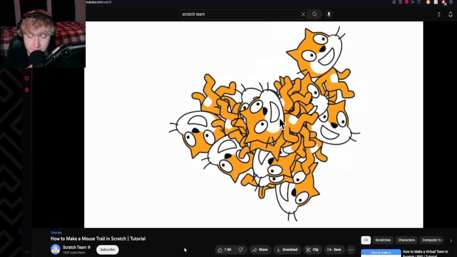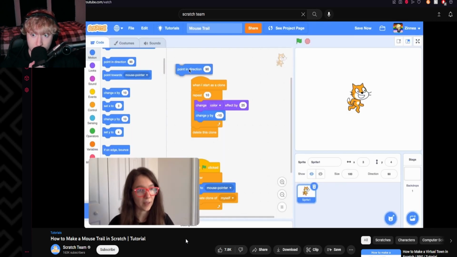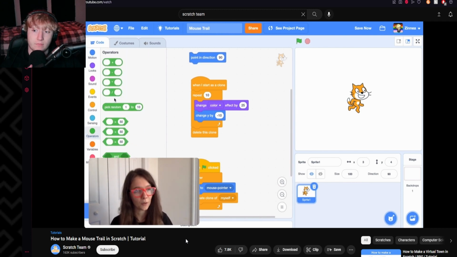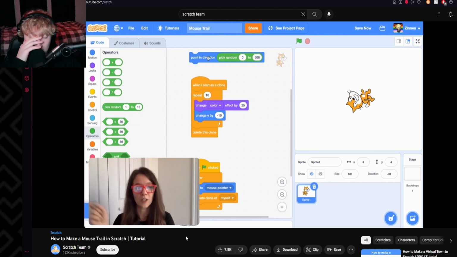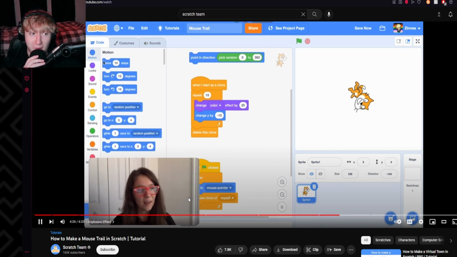Whatever. So the way to do that is you can drag out this point in direction block, which will make a sprite point in a certain direction. And if you put in this pick random block, and put in pick random 0 to 360, then it will point in a random direction from 0 to 360 degrees. And if you do that, then if you click the move 10 steps block, that makes